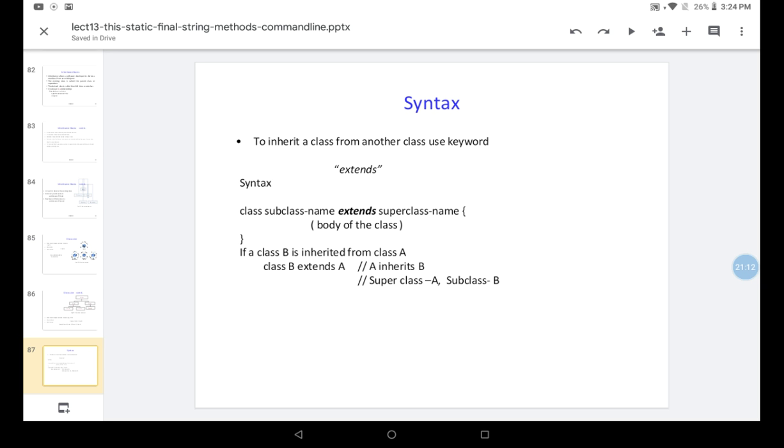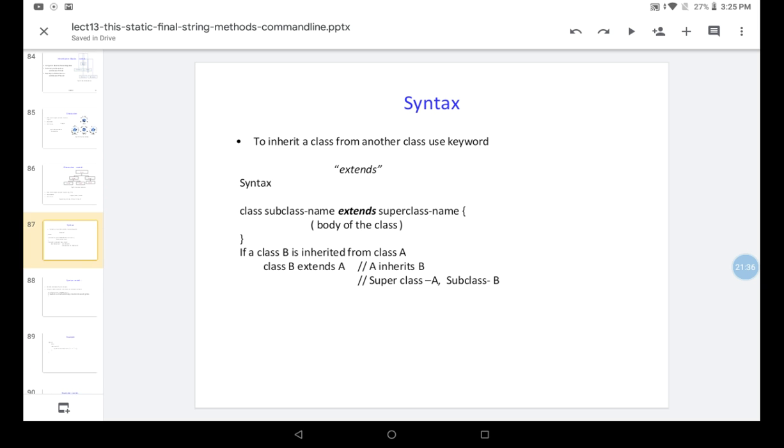So if class B is inherited from class A, we write the syntax as class B extends A. That means B inherits from A. Here the superclass is A and the subclass is B.